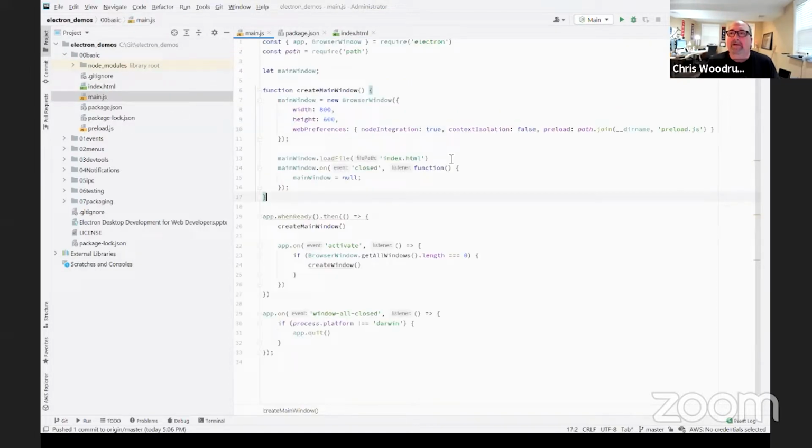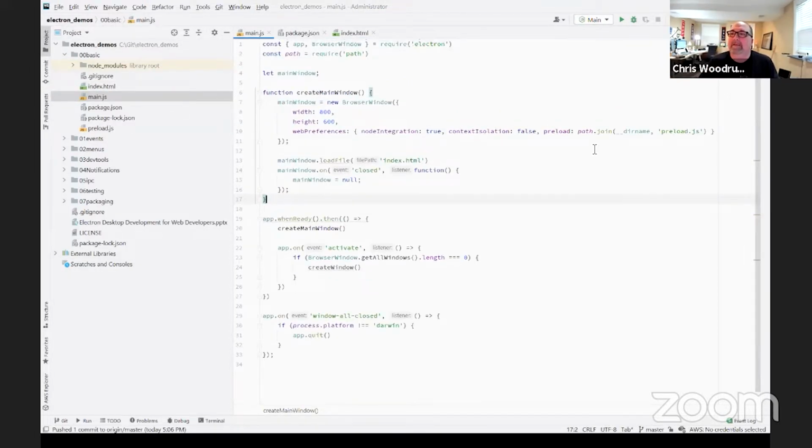But if we take a look at the main JavaScript file, it's pretty simple. We're creating two objects, one for the application and one for the browser window. You can think of the app as the application, which is kind of the main process.